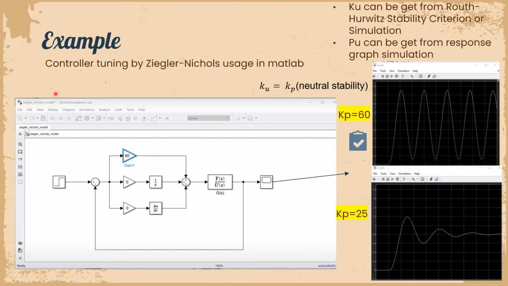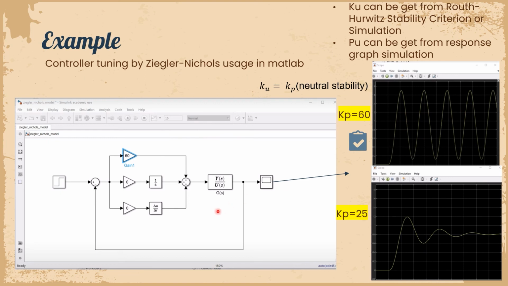Here is an example of control tuning by Ziegler-Nichols using MATLAB. First, we need to start with a small value of Kp, because we use the trial and error method. So we start with a small value of Kp first. And we also need to set Ki and Kd equal to 0, because we want to run in proportional control mode only to find